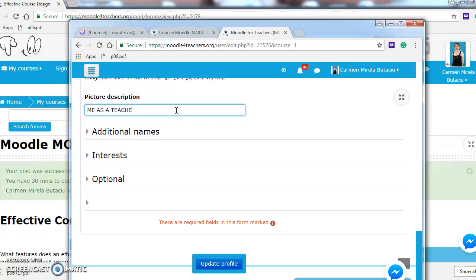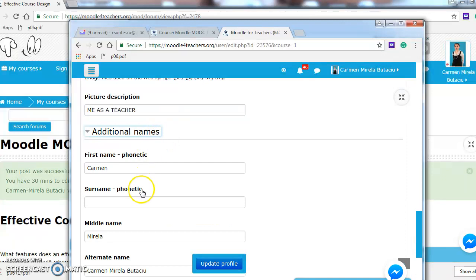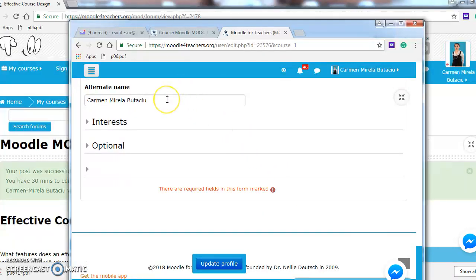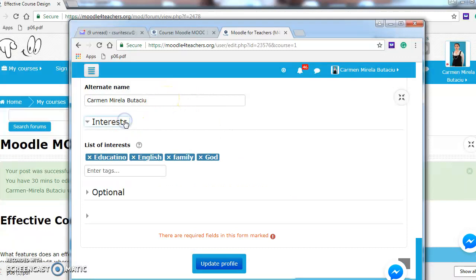I fill in this slot. Then additional name, Carmen. My surname is Butaciu. Okay, my middle name is Mirela. And as alternative name, Carmen-Mirela Butaciu. My interests: education, English, family, God, paragliding, technology,